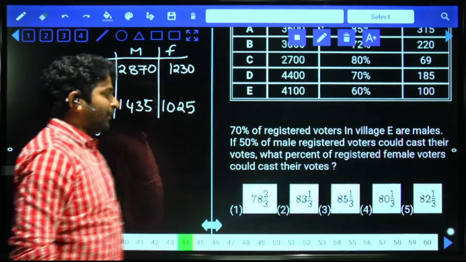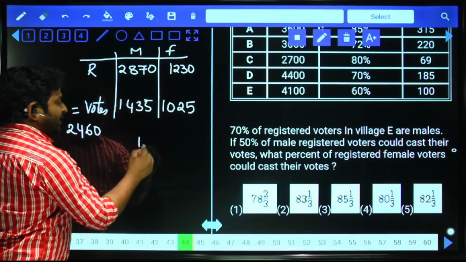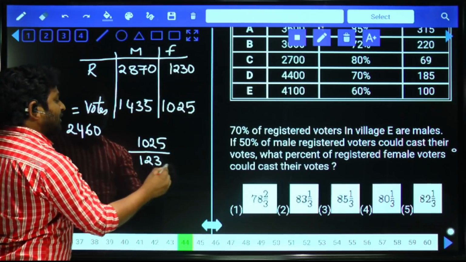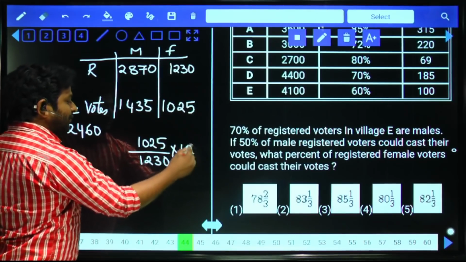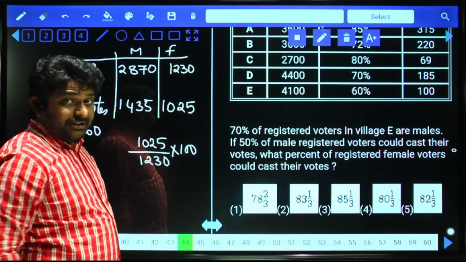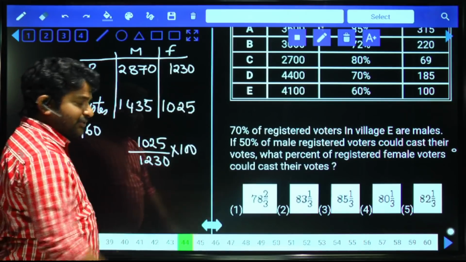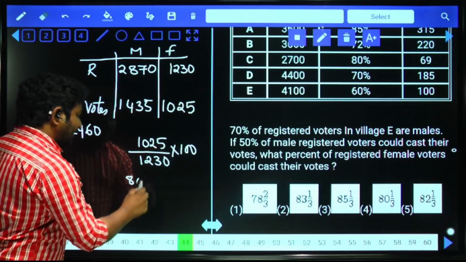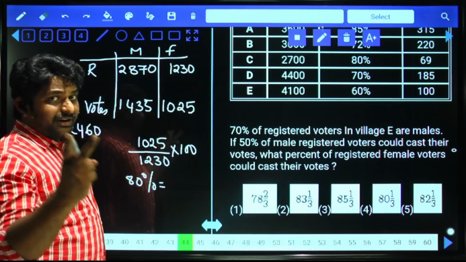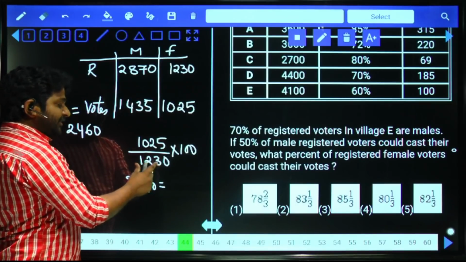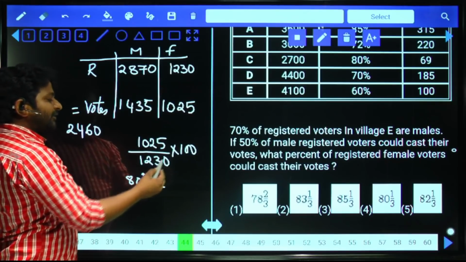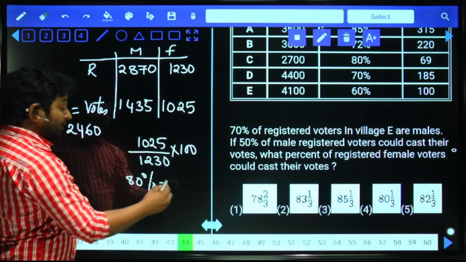Okay, now 1,025 is what percentage of 1230 into 100? Let me first calculate 80% of the denominator directly, because the options are very close to 80%. To get 80% of the denominator, we subtract 20%. 10% is 123, 20% is 246. If you subtract 246, that will be equal to